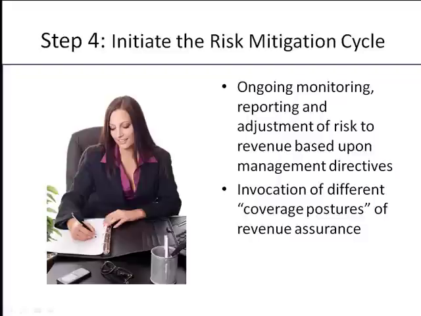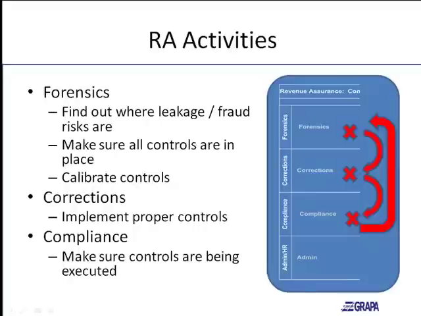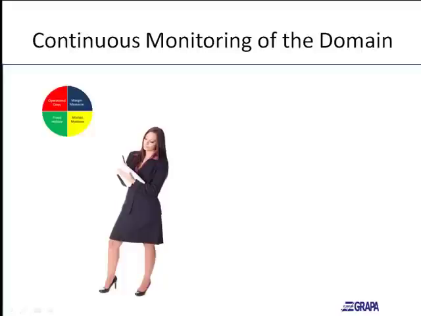Risk mitigation cycle is the ongoing monitoring, reporting, and adjustment of those risks based upon management's appetite for risk as communicated through a coverage posture. Once the risk mitigation cycle is initiated, revenue assurance continuously applies their forensics, corrections, and compliance disciplines in order to meet management's expectations. So ultimately, revenue assurance provides the biggest value to management because it provides a continuous monitoring of